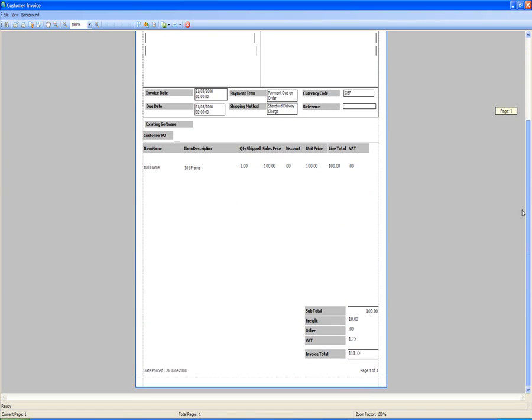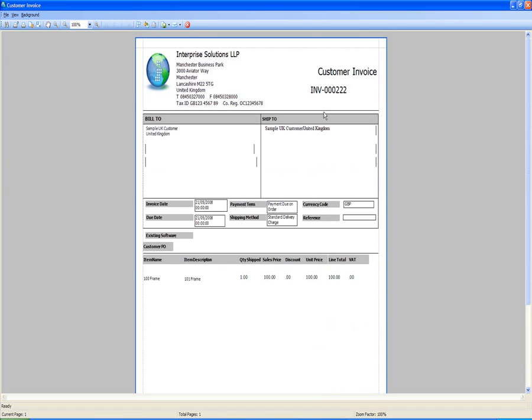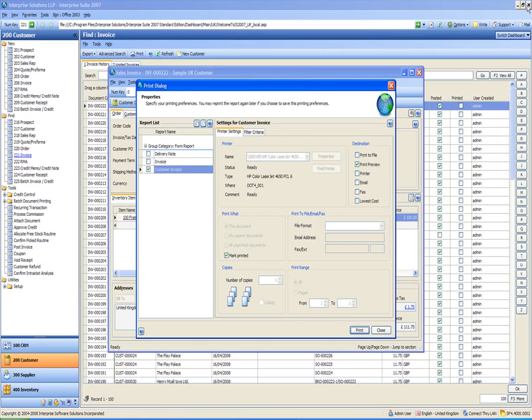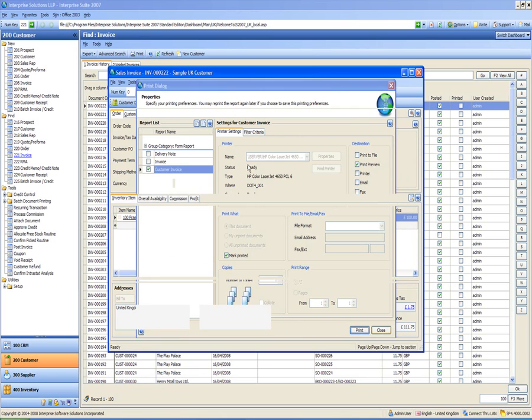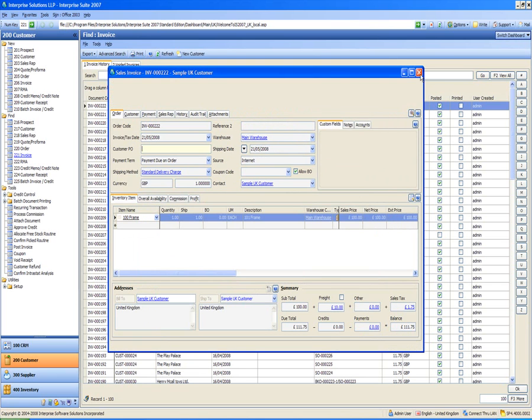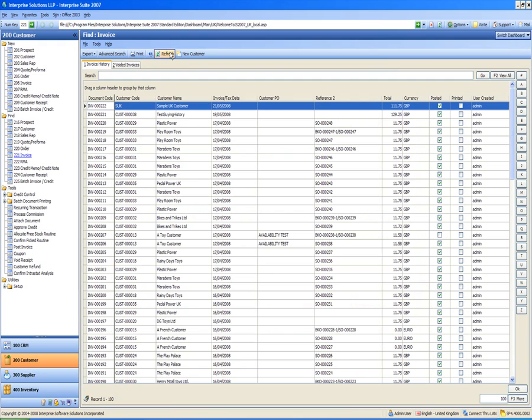But basically, there's my invoice. Not too bad for a 5-minute effort. And if I then close this down and go back to here and refresh this list, we can see our printed flag getting updated, which is brilliant. So apart from a few other modifications to that report,